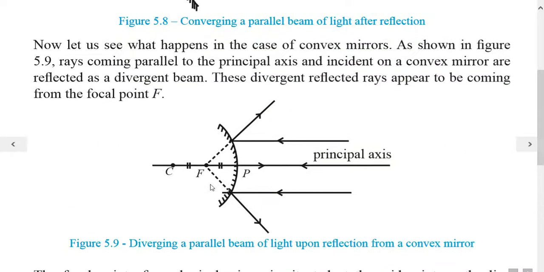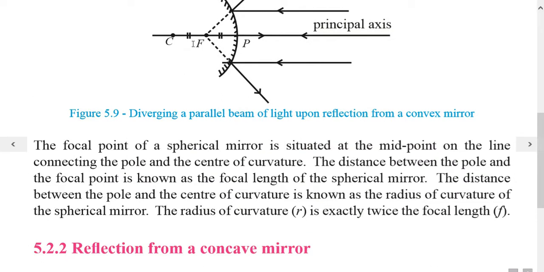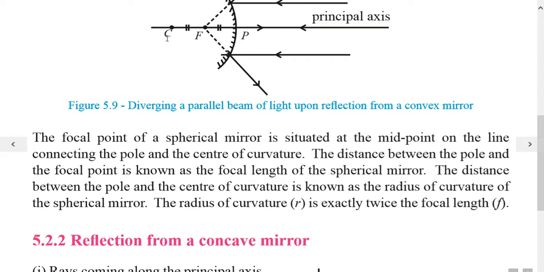Then we also identify the focal length and the radius of curvature. Focal length means the distance between the pole and the focal point. That's the focal length. We denote it simply as f. Then the distance between C and P, center of curvature to pole, is the radius of curvature. That is the radius of curvature. Then always this radius